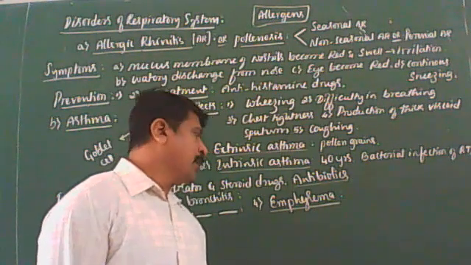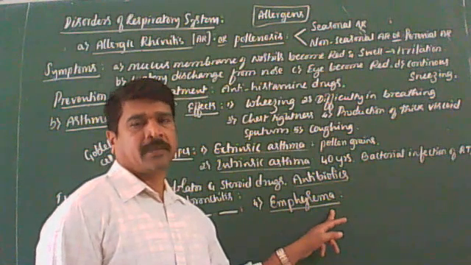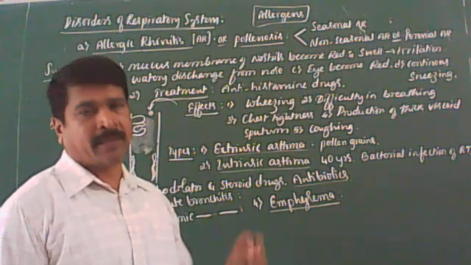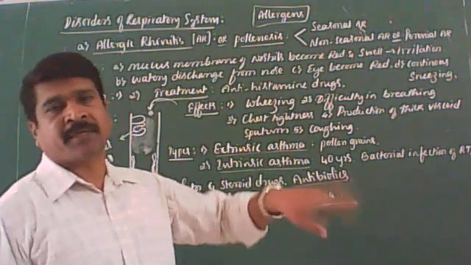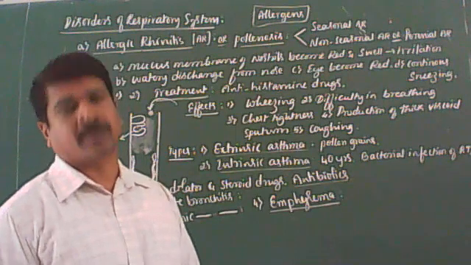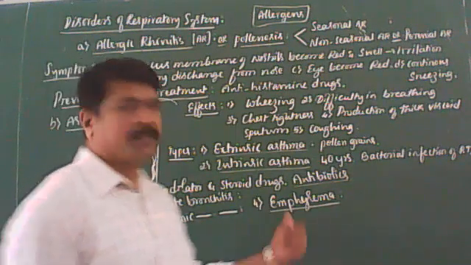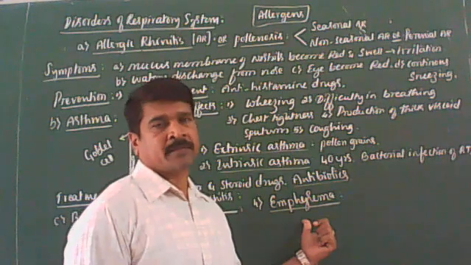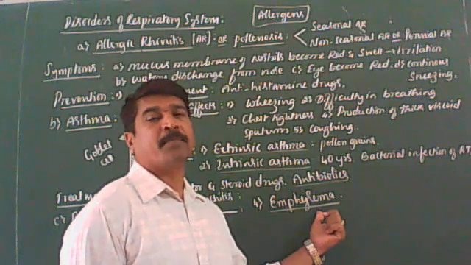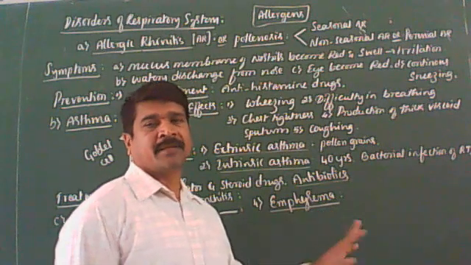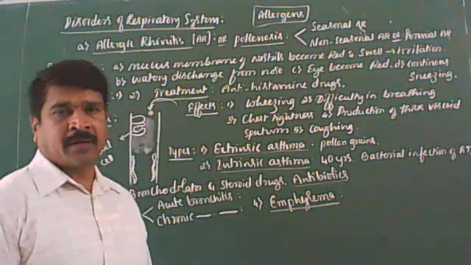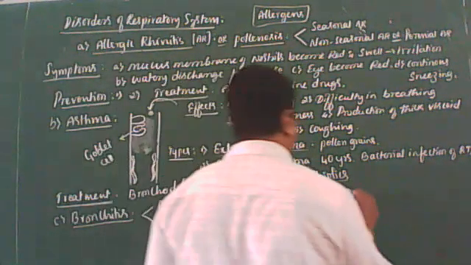I'll repeat once again. It is a chronic disorder of the lungs in which alveolar walls are damaged. Due to the damage of the alveolar walls, the respiratory surface area within the alveoli decreases. At that time, the person finds it very difficult to breathe out. Clear? So cigarette smoking, chronic bronchitis and inhalation of irritating substances are the major causes of emphysema. This is another respiratory disease. Got it? Next, the last one is occupational